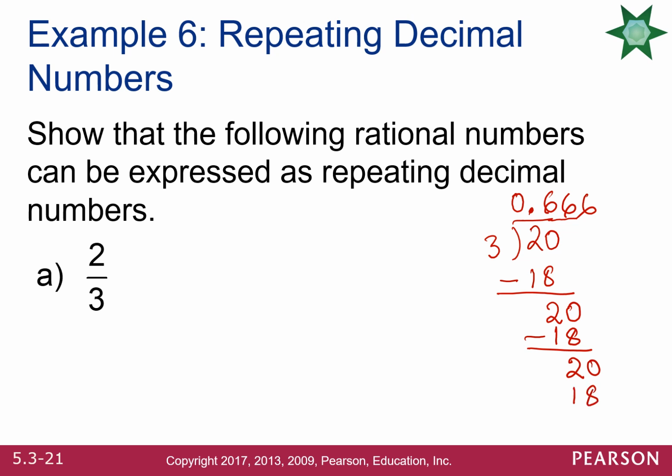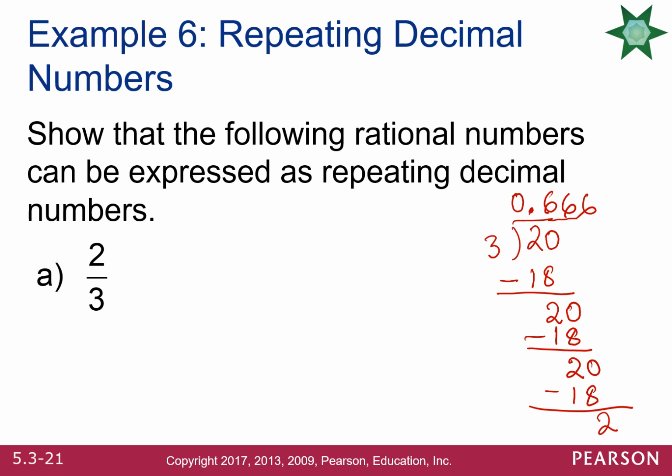Again, 6 threes are 18. So we see that the remainder is getting repeated in each iteration, and so is the 6 in the quotient. So if you keep continuing, you will end up getting 6, 6, 6, 6, and a remainder of 2, 2, 2, as far as you go with the division. All right, so we have to stop at some point,